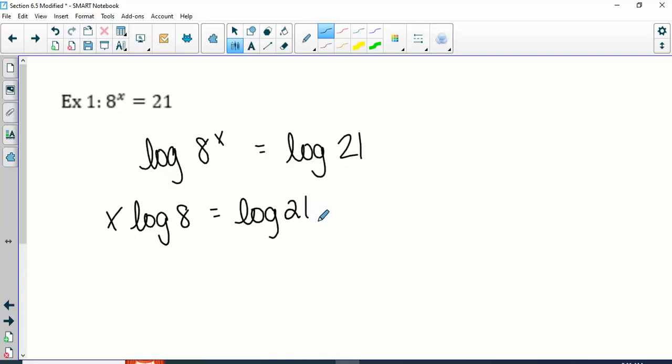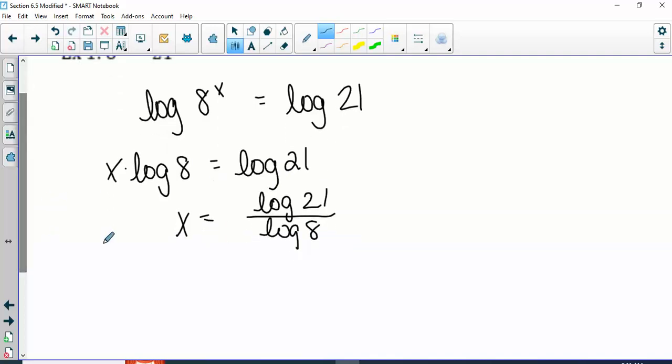equals log of 21. So if you're trying to get x by itself, it's multiplied with something. So we divide. So we have log 21 divided by log 8. Those logs don't drop. We can put it in our calculator right now if we want a decimal. Make sure every time you push the log button, it opens a parenthesis, so make sure you close it. So if we have log 21 divided by log 8,